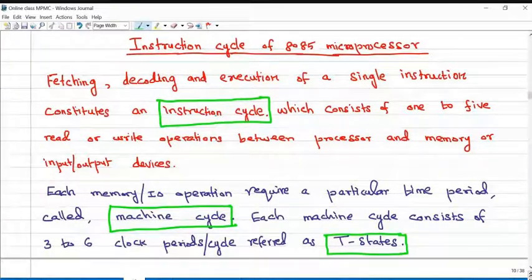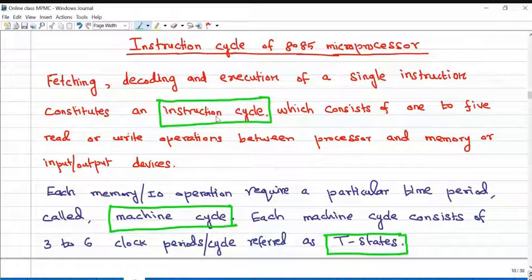Because to draw the timing diagram, we need clock information, and if a group of signals is available, how to represent it in the timing diagram, and address latch enable information, lower order byte address bus, data bus, higher byte address bus, read write operations. So all the basics I'll cover first. Then you can understand the timing diagram easily.